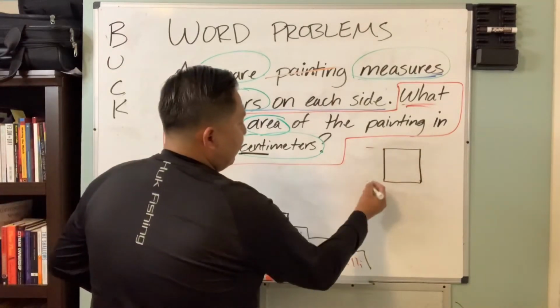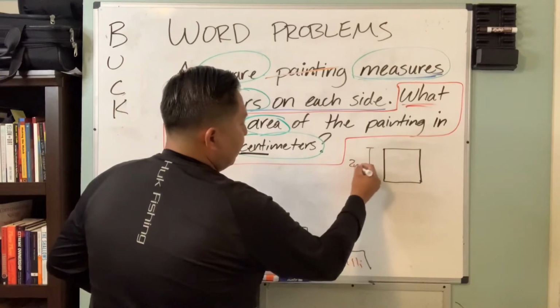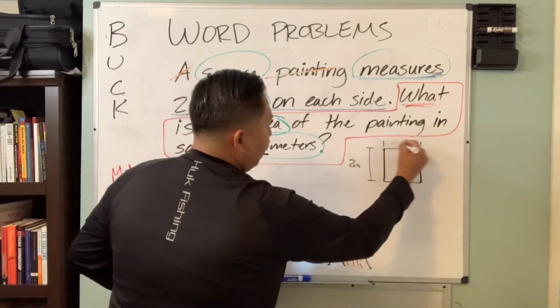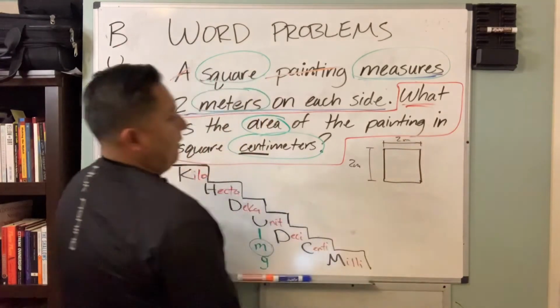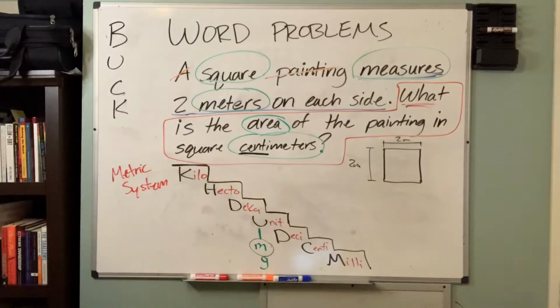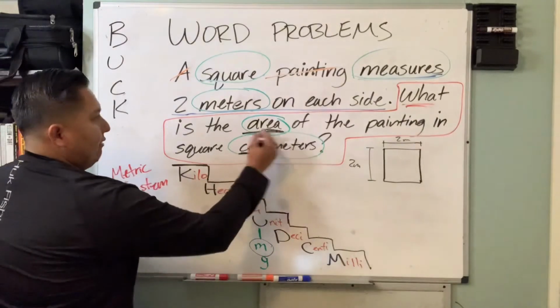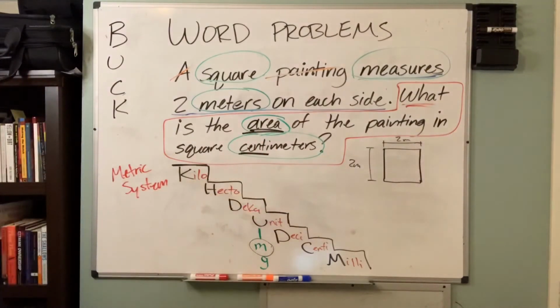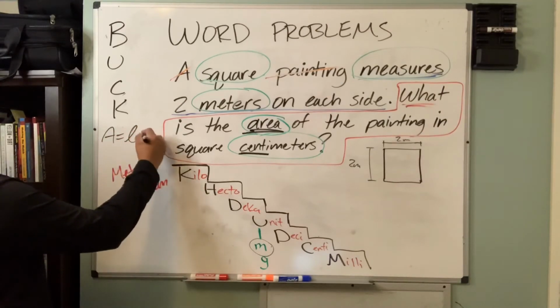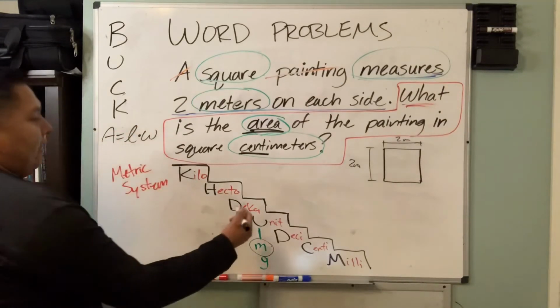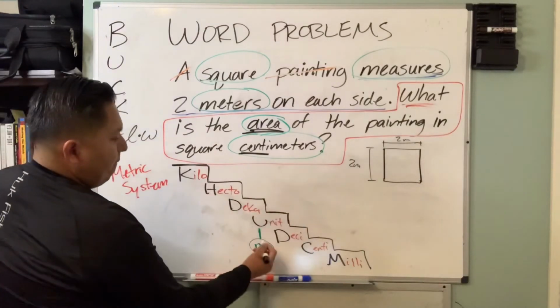So the height is 2 meters. The width is 2 meters. Okay. Now, what we're asked to find is the area in centimeters. Again, keep in mind that we're being asked to find the area. Area equals the length times the width. If we have 2 meters here,